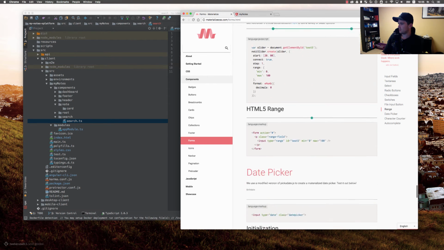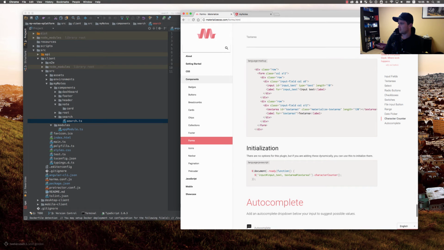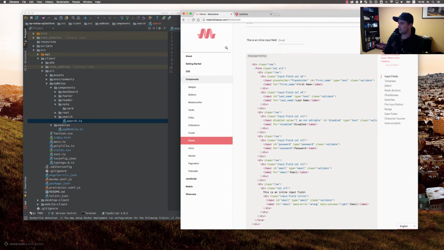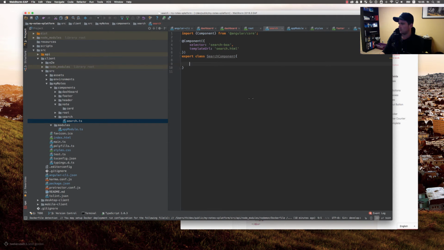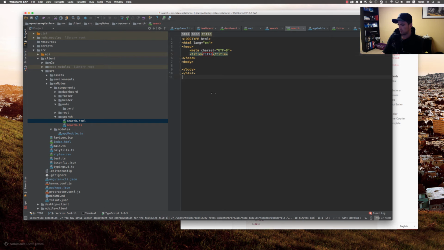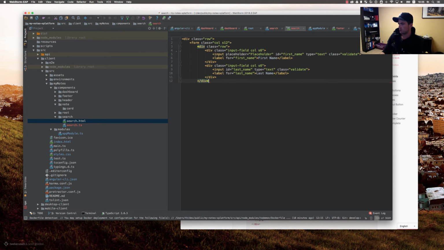File input. Okay, so let's take a regular input. And let's say we want to create a new HTML file, search.html. We have a row to ensure responsiveness, and on a small screen we want to render it